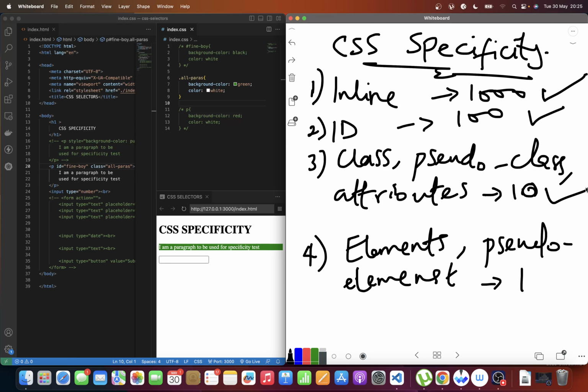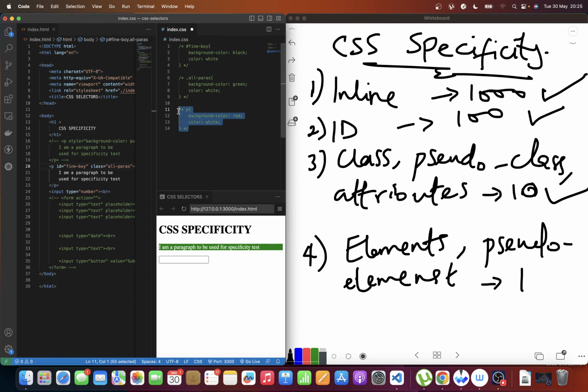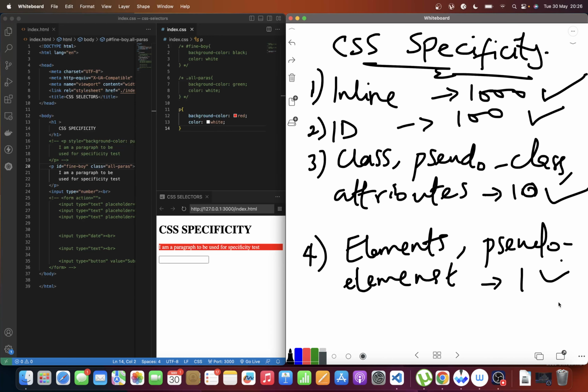So if there is no other style that has a score up to 10, it will respect that particular style and reflect it in the browser. If you use the element selector in this particular instance, that is the P element, your browser is going to give it a score of 1. And what that simply means is, if there is no other style that has a score that is higher than this one, your browser is going to respect that style and reflect it